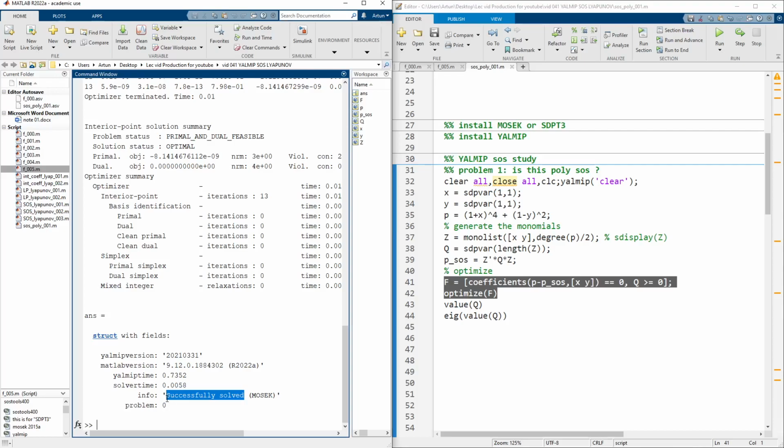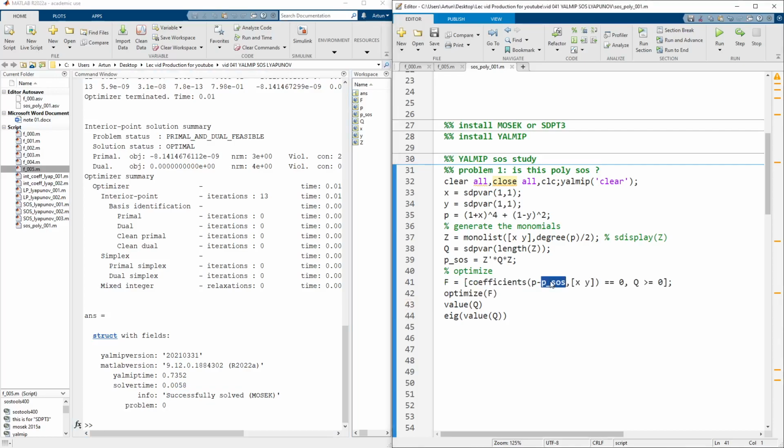We were able to find P SOS expression such that it can be expressed in this form where z is the monomial vector,